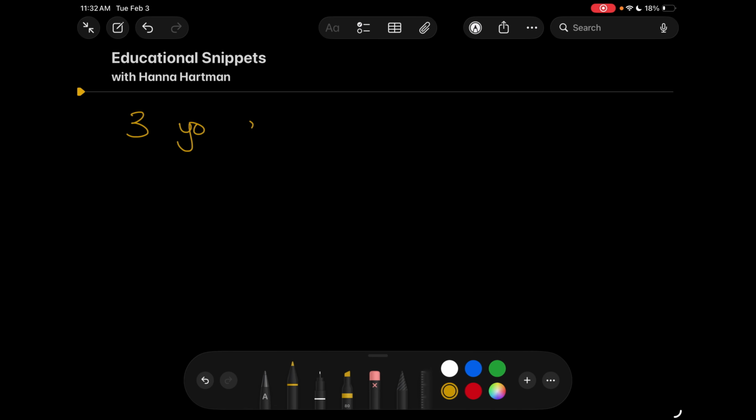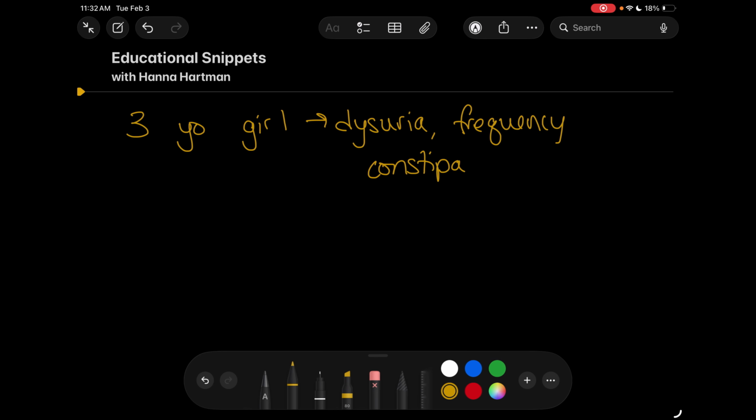Okay, so this is a case that we saw a couple months ago, and I am changing the details just to try and provide some learning points. So here we go. A 3-year-old girl is coming in with dysuria, frequency, and constipation. And the provider gets a UA, and the UA shows positive leukocyte esterase